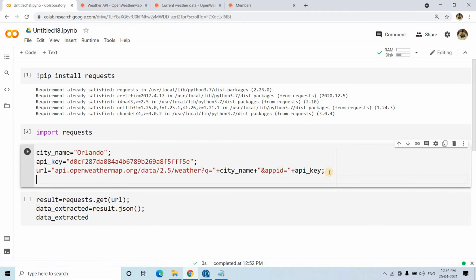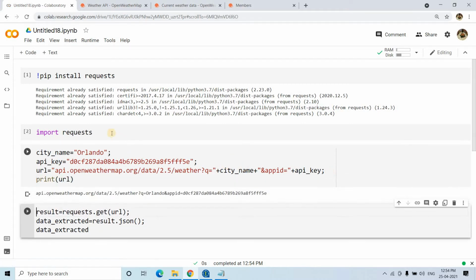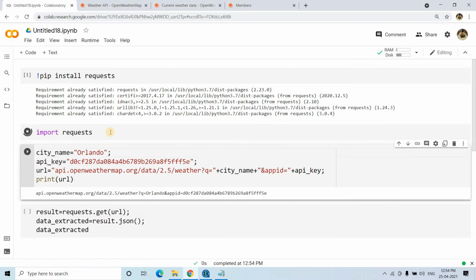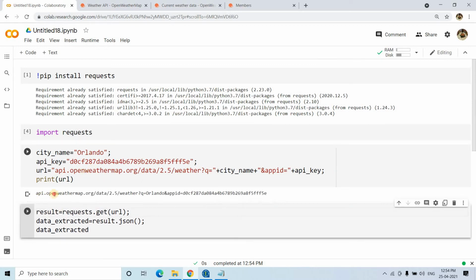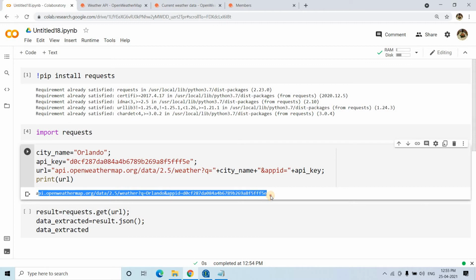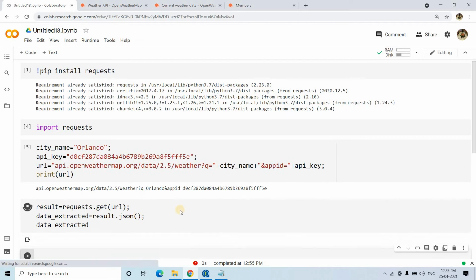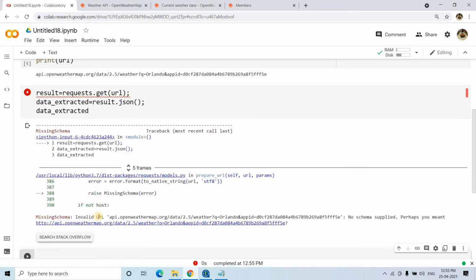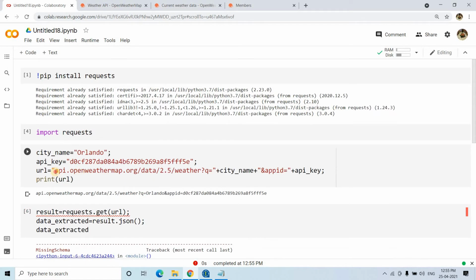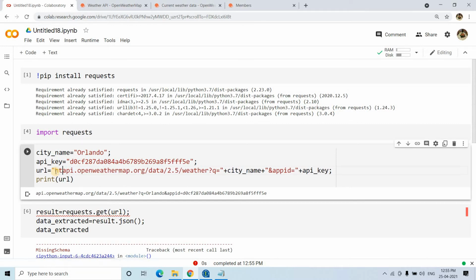Then we can check data extracted, we can print that. If you want, you can print the URL as well, the URL which is actually going to form. So first import requests and then print URL. So this is our actual URL from where we are going to extract the data. API ID and the city name we have passed as key value pair. Now whether our URL is ready or not, to check that, run this. If you are getting error, invalid URL we are getting, why? We have pasted the same URL, no, HTTP protocol we have not given.